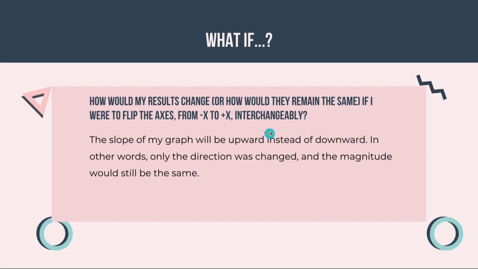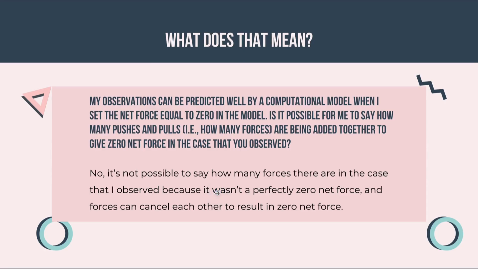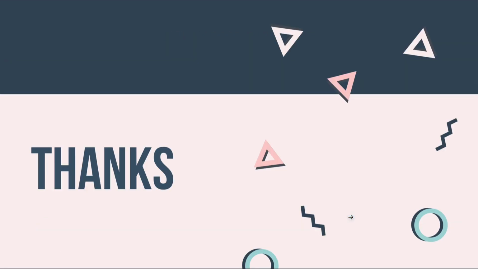What if I flip the axis, so instead of going to the left, it goes to the right? The only difference is that the slope of my graph will be upward instead of downward. In other words, it's just a change in direction and not the magnitude. And so is it possible for me to say how many forces are being added together in the case I observed? No, it is not possible because in my case it wasn't perfectly zero net force, and keep in mind that the forces can cancel